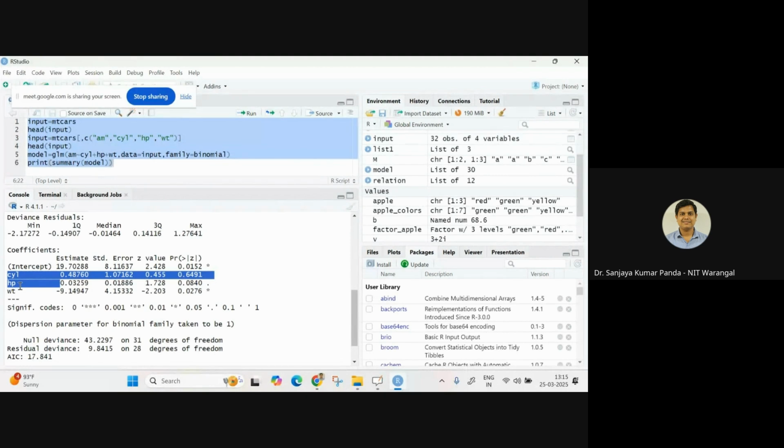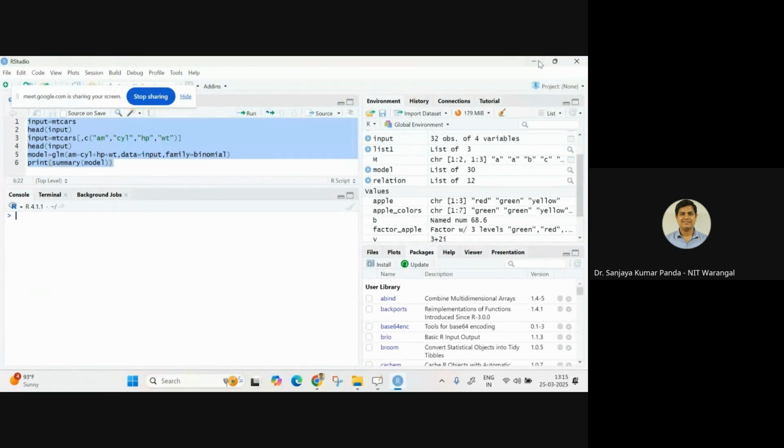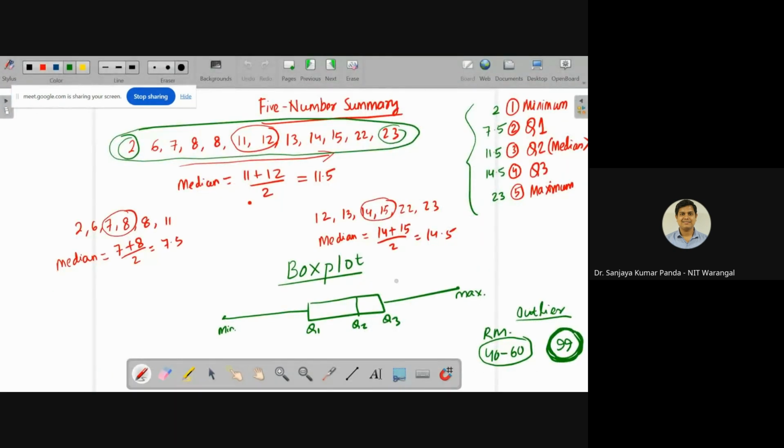So what we can do is consider them insignificant. These variables are insignificant in contributing to whether the car is automatic or manual. However, WT has an importance, it impacts automatic or manual in the model because its p-value is below 0.05. So this type of statistical analysis you can do when you are looking for quantitative analysis. Okay, so this gives a rough idea about R,